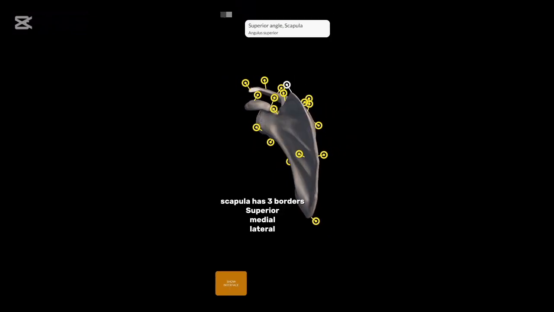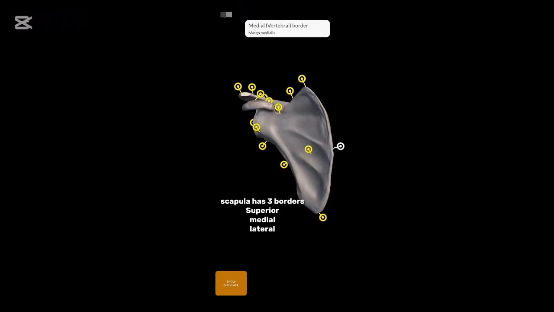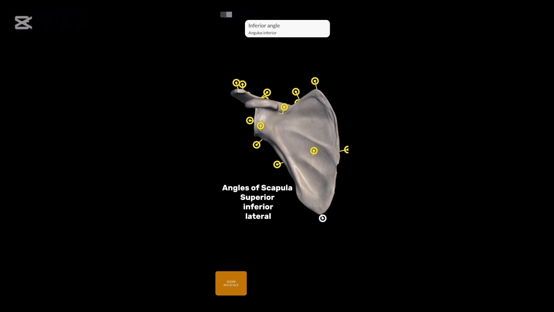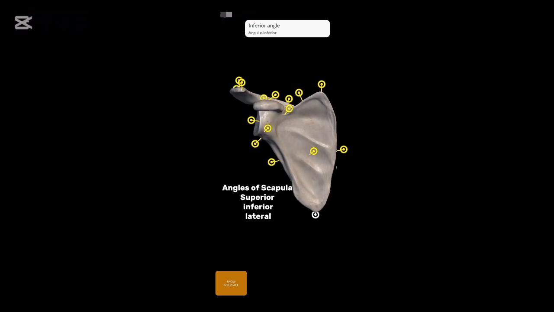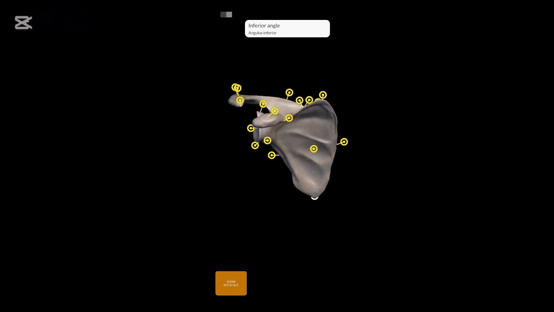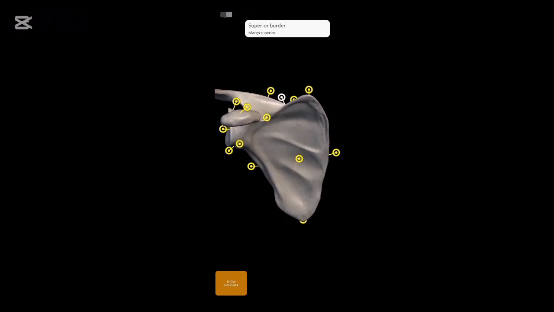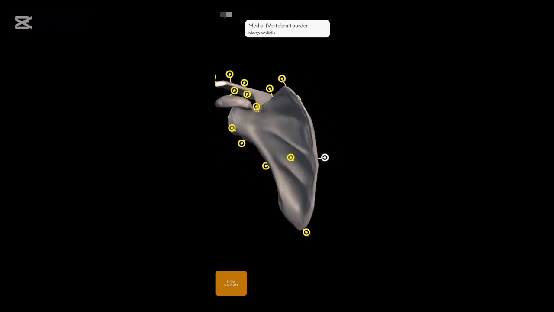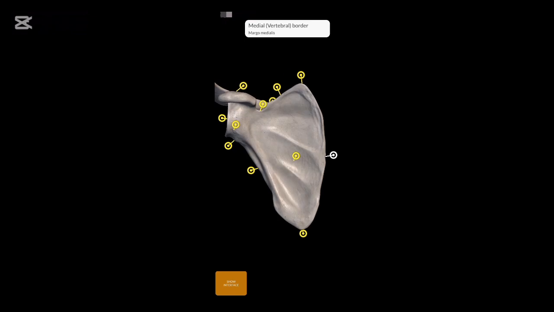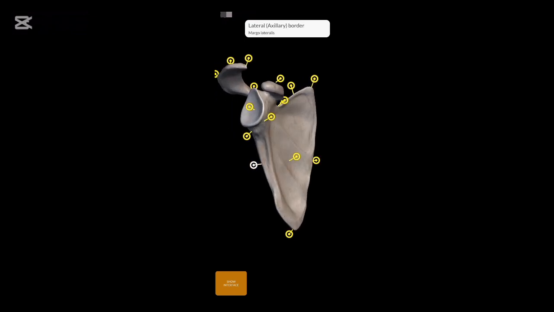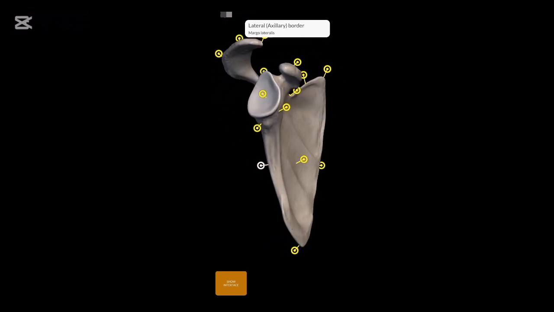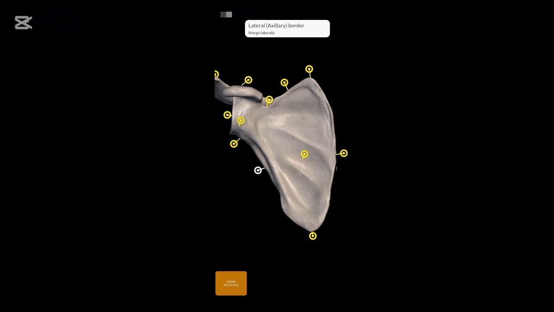The medial, vertebral border runs parallel to the spine, while the lateral, axillary, border is the thickest, extending towards the armpit and housing the glenoid cavity. These borders converge to form 3 angles: the superior angle, where superior and medial borders meet, the inferior angle, where medial and lateral borders meet, serving as a key landmark for scapular movement, and the broad lateral angle which contains